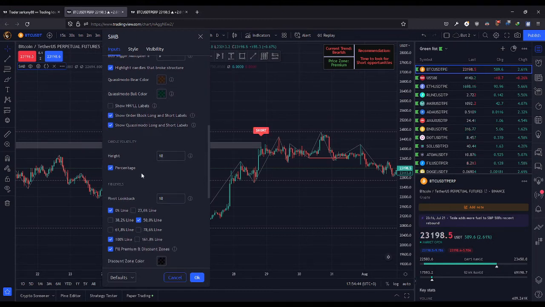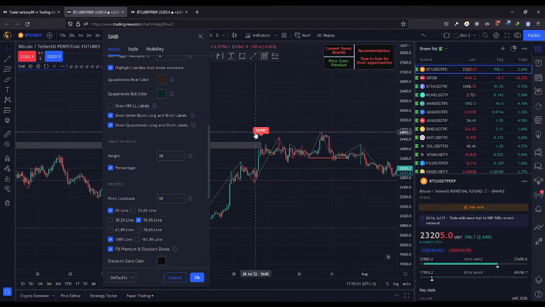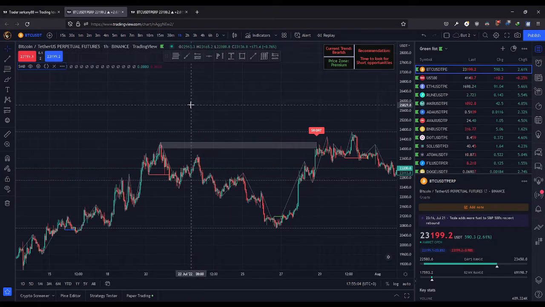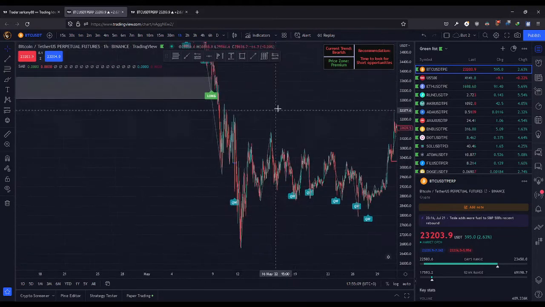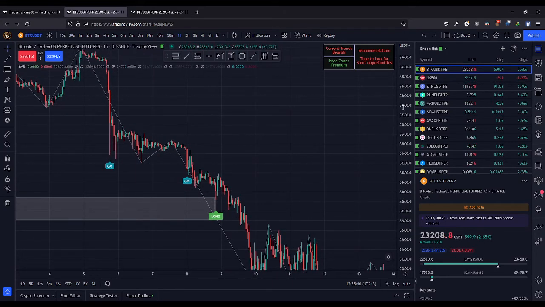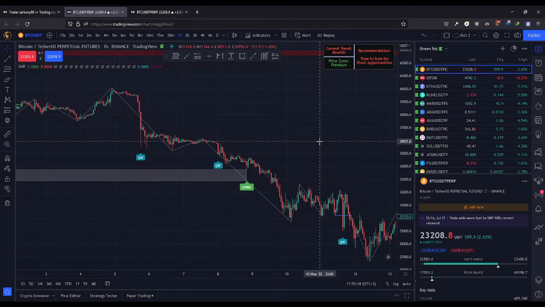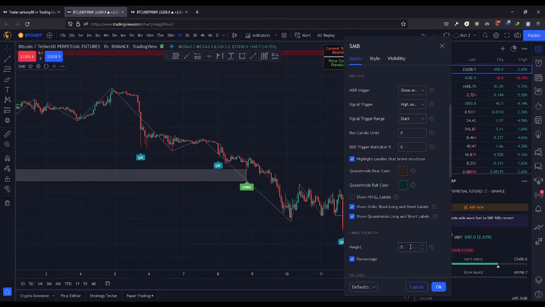And one other option that I've set up is the candle volatility system, which means that in the previous three candles, if the candle is really big, it's not going to show the short signal, which will let you avoid certain false signals like this. For example, there's a false signal here because this is the time when, I think, the UST crash happened on BTC. If you reduce this to 5% or 2%,